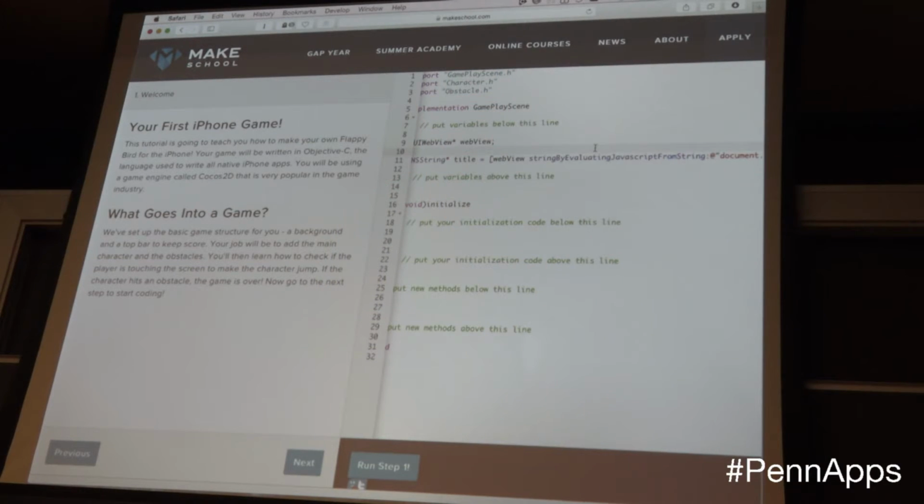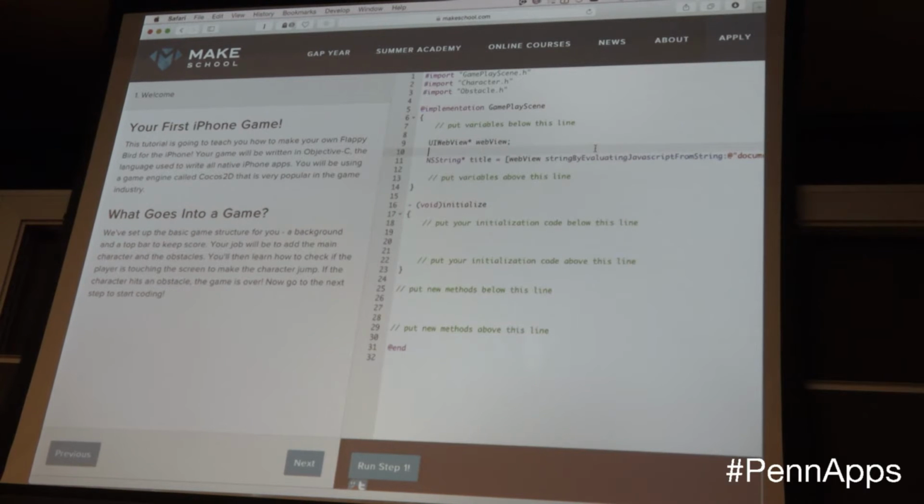So I'll give you guys an example of a Python type way to do that. You would probably say title equals webview dot run JavaScript or something, right? And you would put in here document dot title, and that's what it would look like in Python.